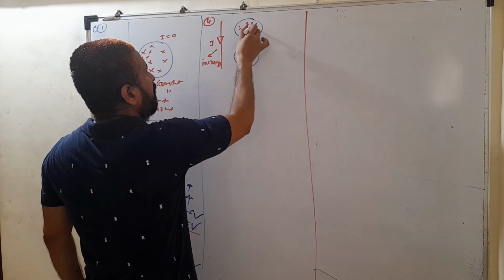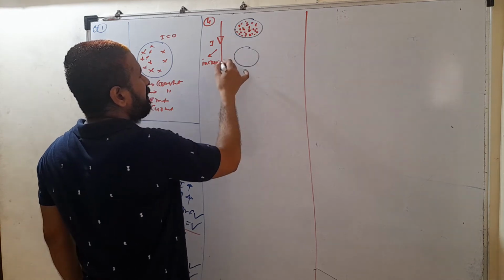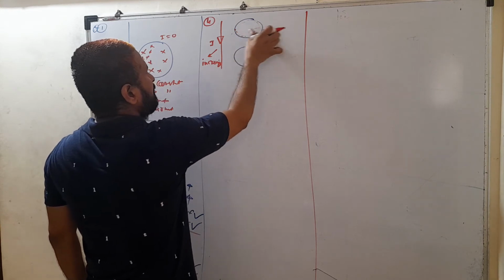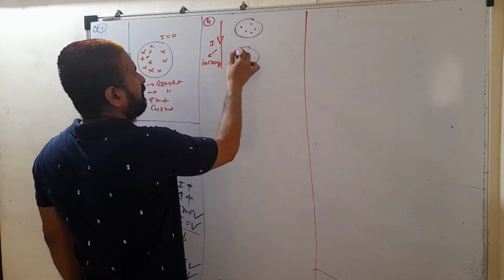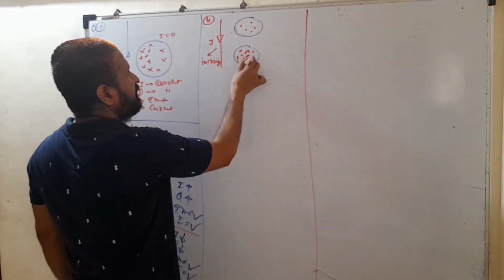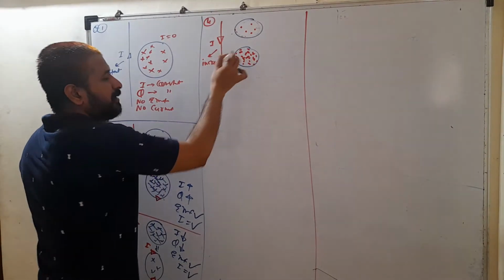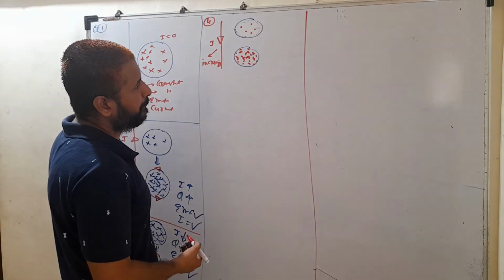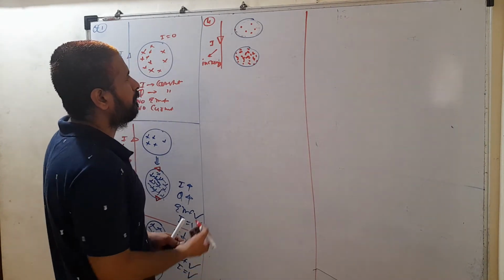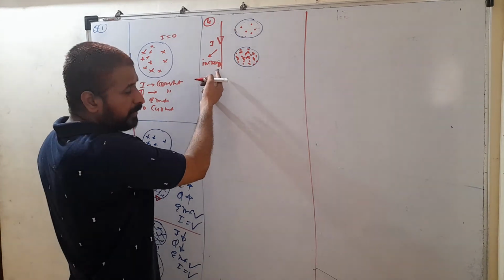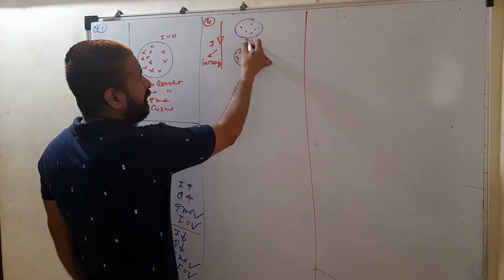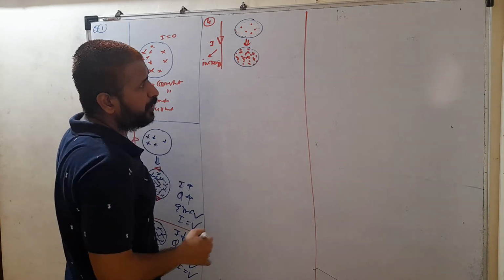So initially the magnetic field will be less, and later it will be more, because that current increases. Like this, the outward magnetic lines increase because of increasing current. Clear? So this current is flowing in downward direction, because of which outward magnetic field is developed across that loop. Due to increasing current, flux also increases.